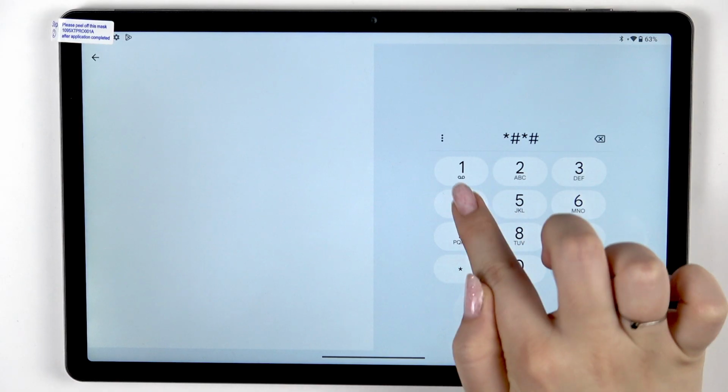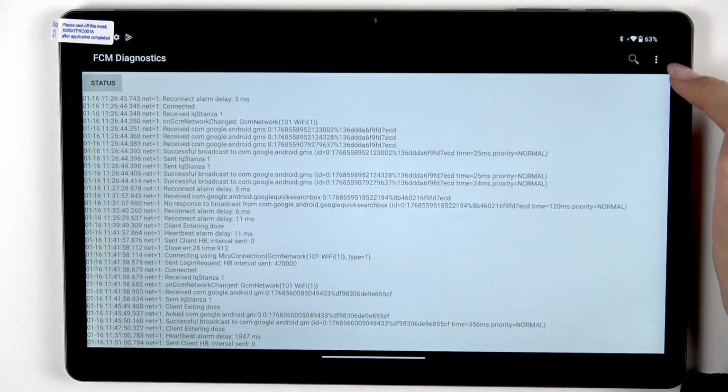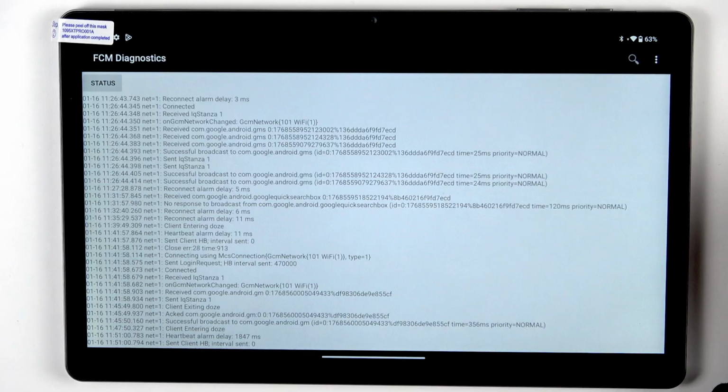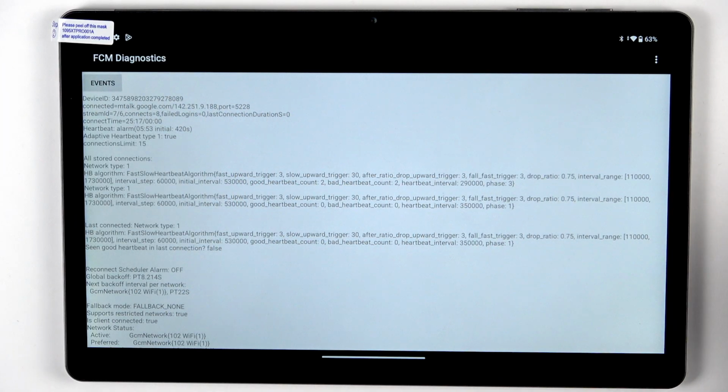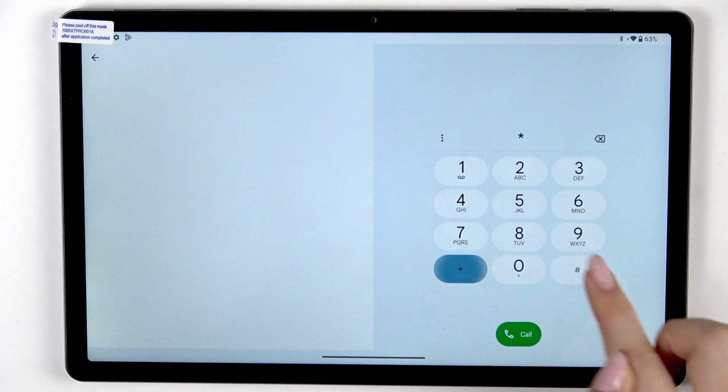Let me quickly enter this code again. After tapping on the three dots icon here, we can show advanced view. Just tap on it, tap on the status, and here we've got much more information. So for example, the heartbeat, last ping, or HB algorithm. Let's go back, and the last code, which is